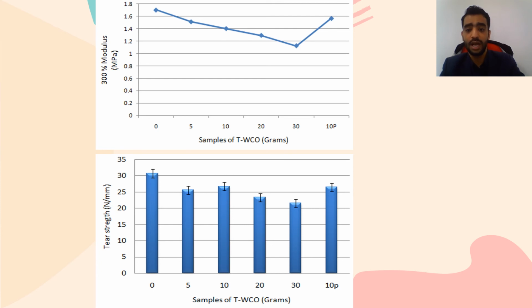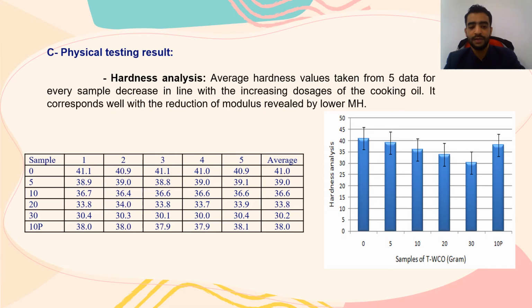It was the ratio of natural rubber to synthetic rubber that caused the difference in tear strength between each tear strength sample. And here is the physical testing result, hardness analysis,